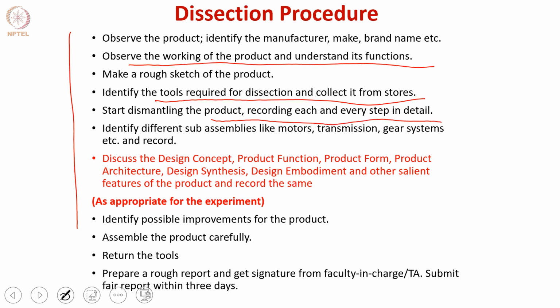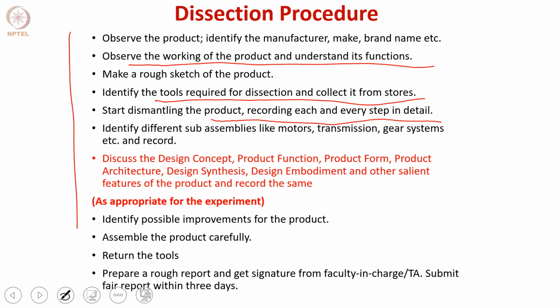So this is an important stage. One by one you need to remove the parts, and then record each one. Whenever you remove a part, you keep a note in the notebook. All of you need to make notes, and if you know the names of the parts, like screws or top cover, etc., you can write them down. Otherwise, better to give numbers. So use sticky notes to stick the numbers on the parts, and you record it in the notebook. This will be needed for you to prepare the report also.